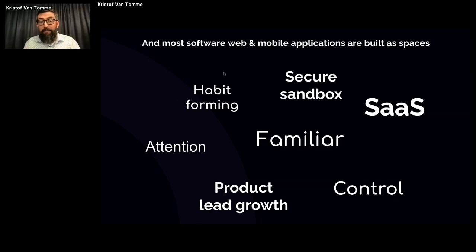Spaces are habit forming, so they can also work using monetization through the attention economy. You can secure a space in a sandbox on your phone or in your browser, and you can become familiar with a space, and then build this habit of going back to that space and rechecking in.